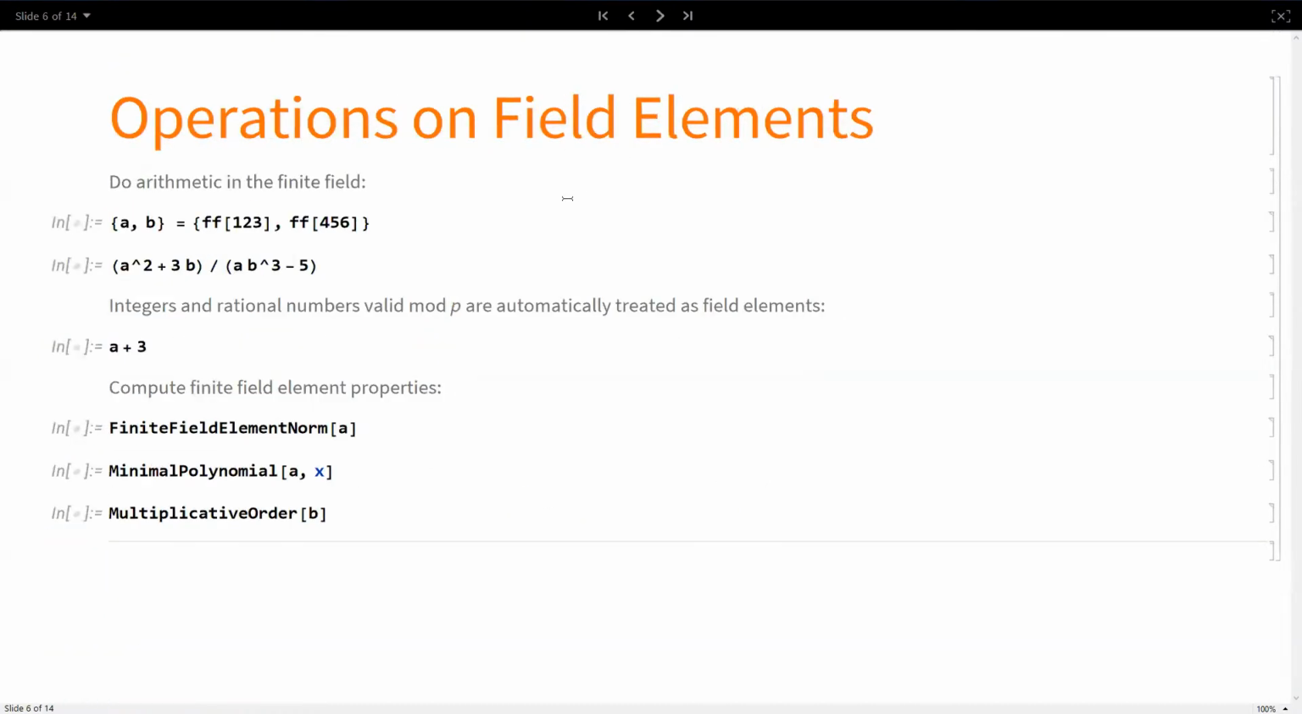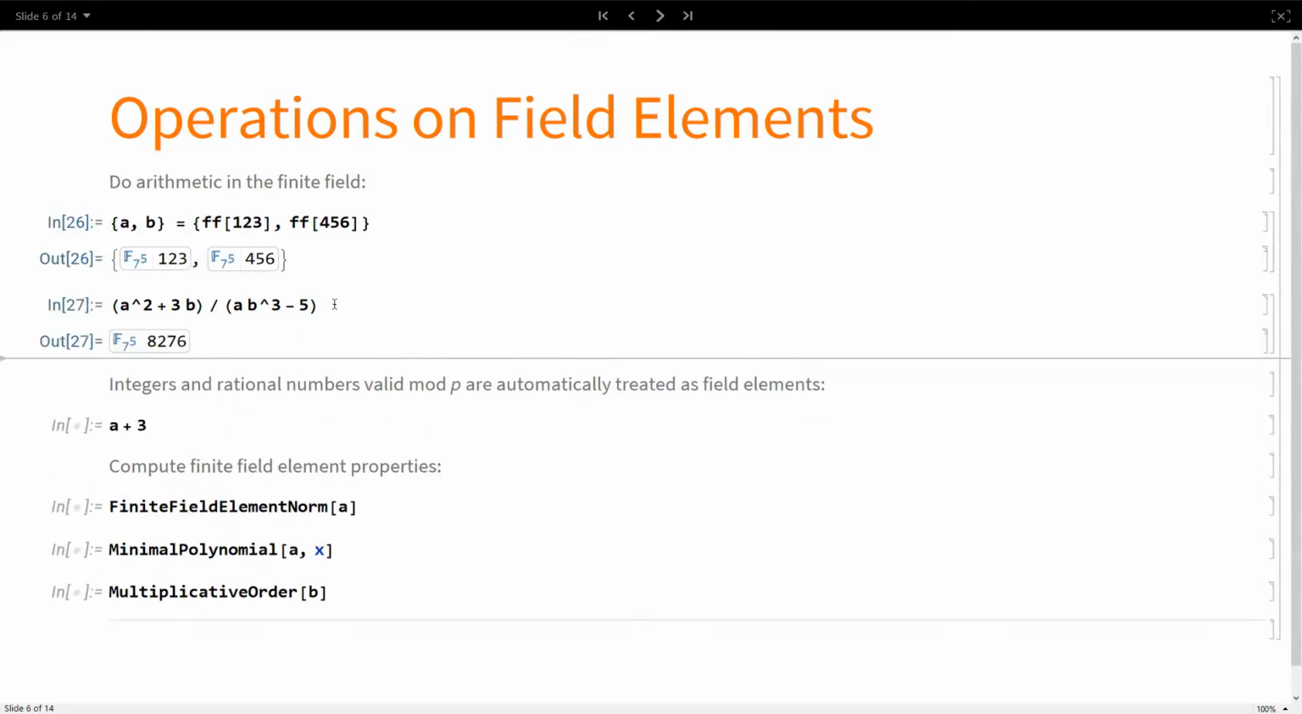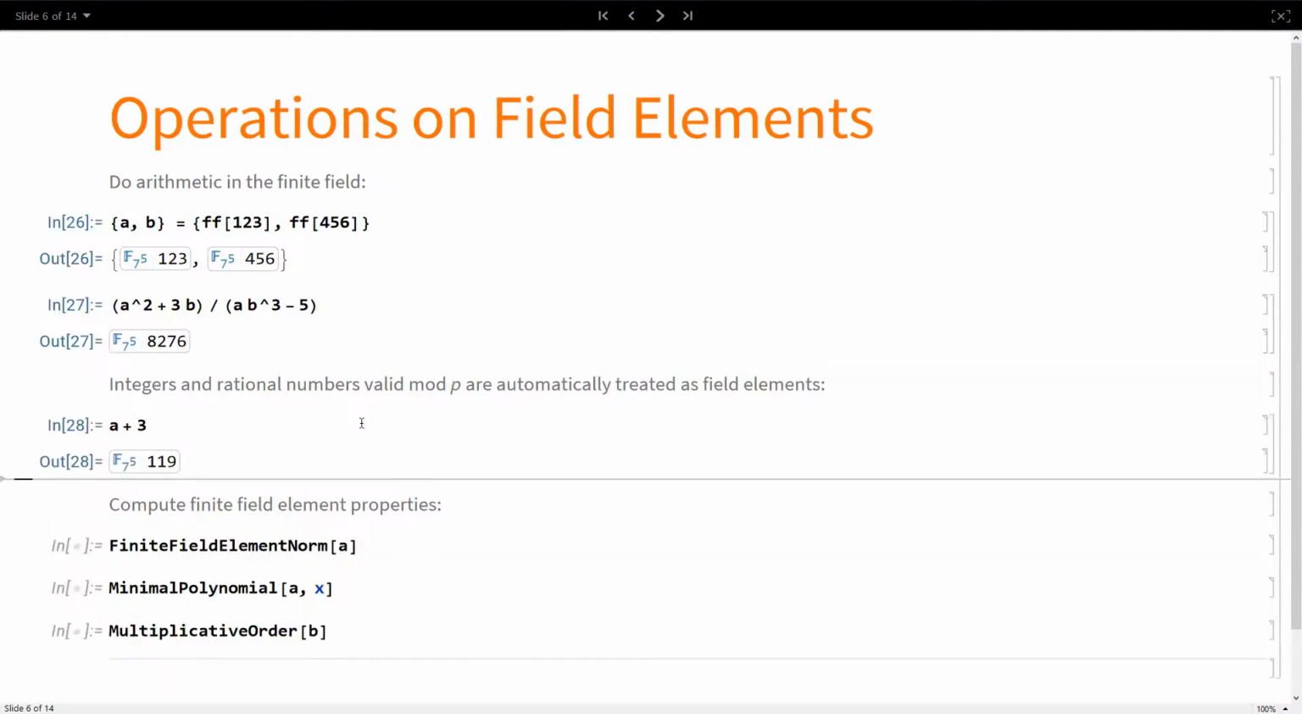Okay, now let's talk about operations on field elements. So we can do arithmetic operations. For instance, here are two elements of a finite field. We can evaluate rational functions in those elements. So we can add integers and rational numbers to field elements. They will be automatically treated as field elements in the prime field that is contained in every finite field. So for instance, this adds 3 to A,